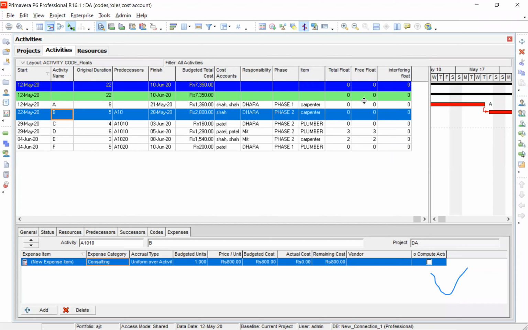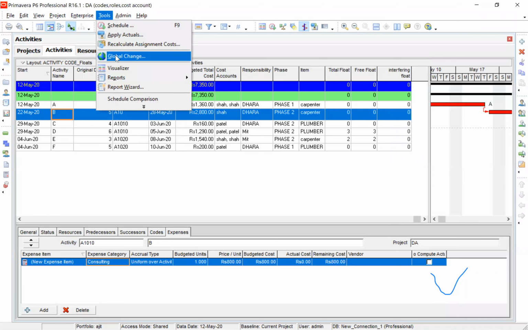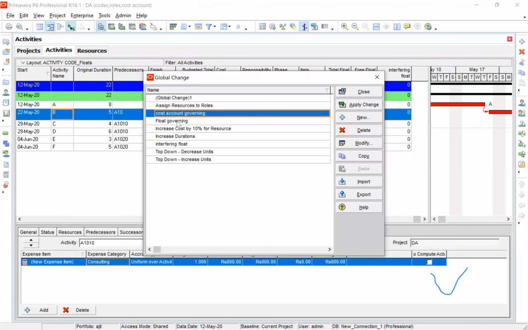So that's what you can do, and there are n number of things you can do with global change, which you should try. All right, I'll give you another example of global change: float governing. We have also seen interfering float, and the forecast duration.